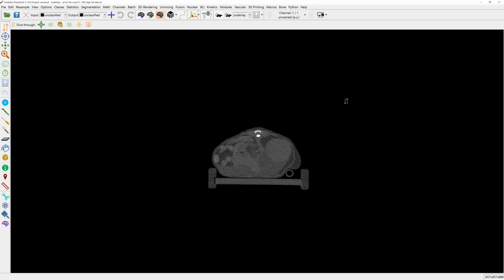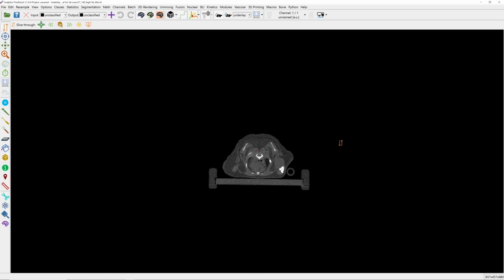This is a tutorial video for the segmentation of subcutaneous fat and visceral fat, and you can see here a CT scan of an obese mouse that got a high-fat diet. So there's a lot of subcutaneous and visceral fat. And first we will create a class water